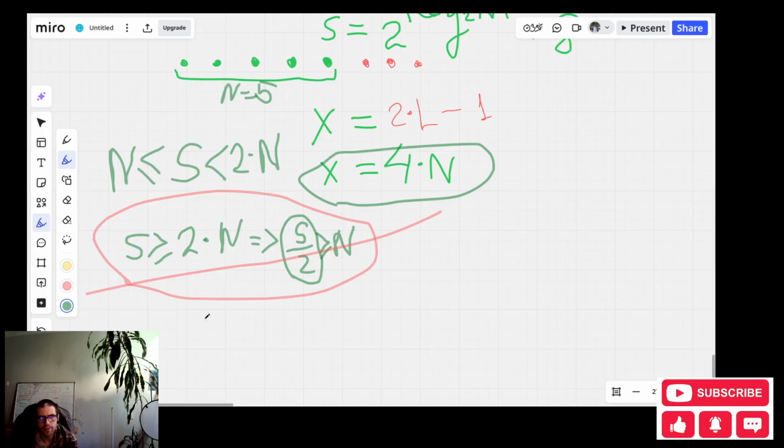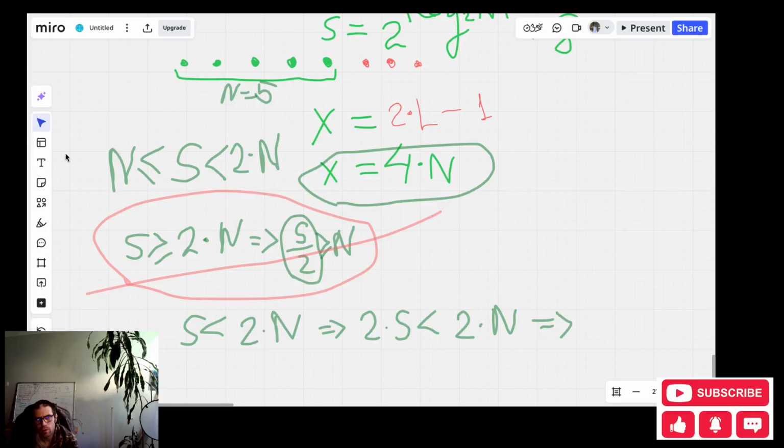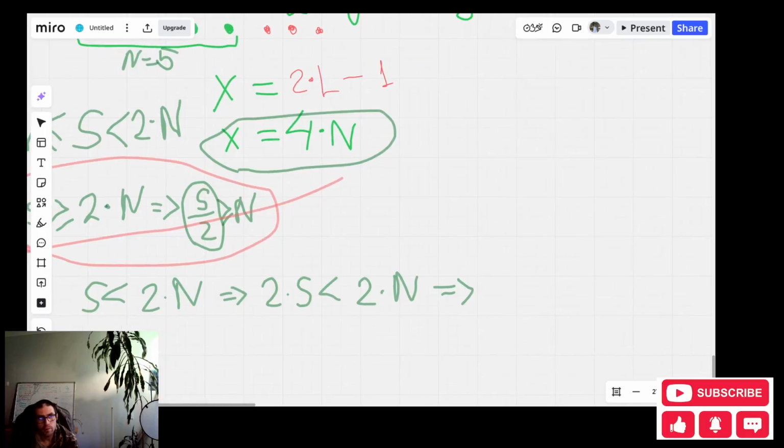We know that s is less than 2n. Now we can multiply it by 2 on both sides, and also from both sides we can subtract 1.